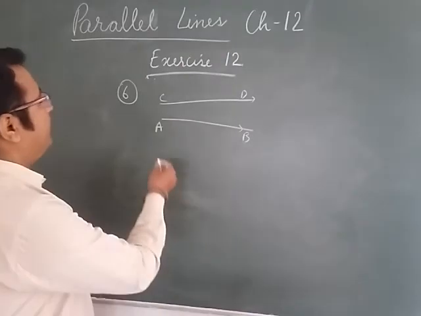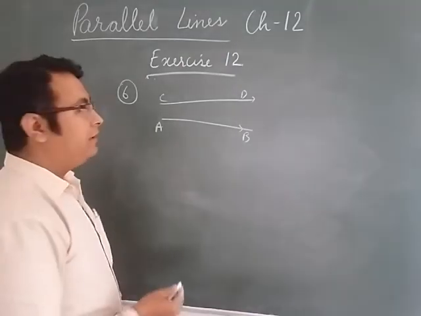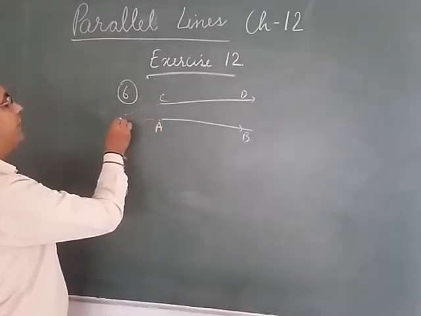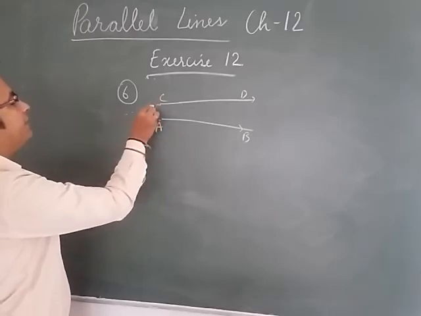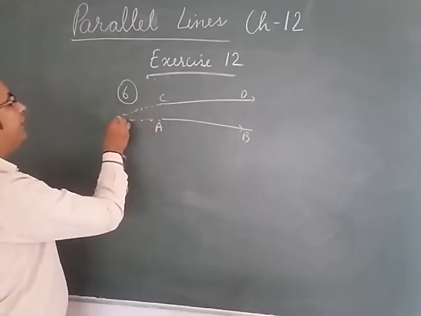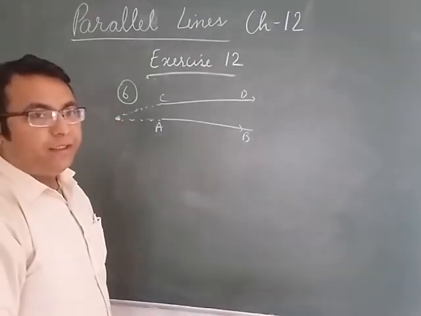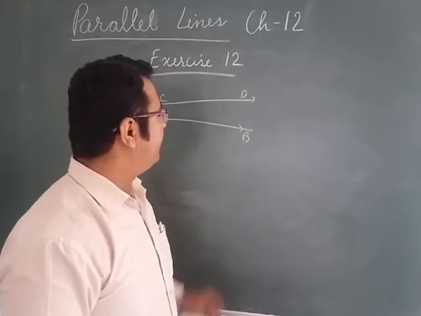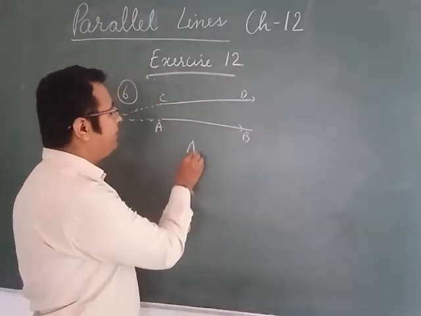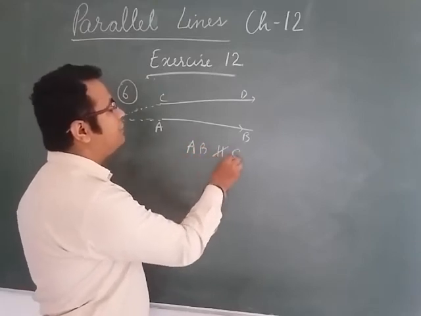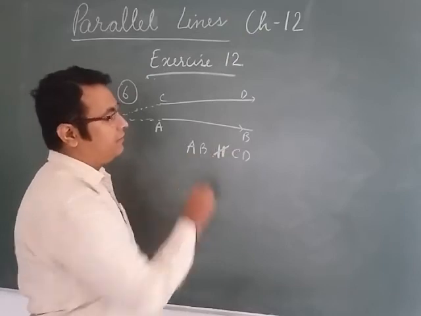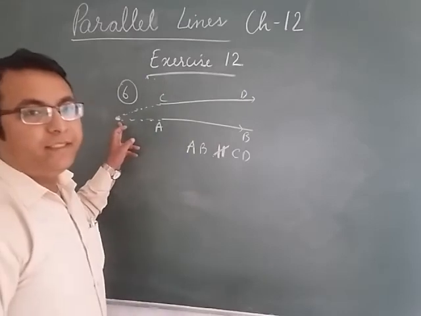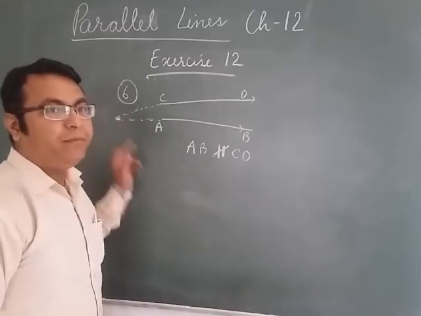So see children, if you want to check whether two or more given lines are parallel, in that case we extend the lines in any of the directions. So as you can clearly see, when we extend the line CD and line AB, they will definitely meet at a point. So when two lines meet at a point, then they will no longer be parallel. So the given lines AB and CD are not parallel. AB is not parallel to CD. This symbol means not parallel. Why are they not parallel? Because they intersect each other when they are extended. When these two lines are extended, they will meet at a point.